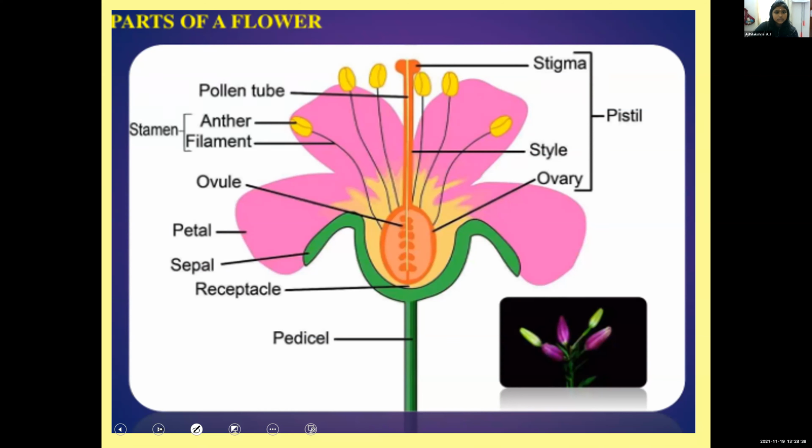Should we draw this? No need, maybe labeling is enough. I think in your textbook you can mark that. Page number 61. You have figure 7.22 and 7.24. These two figures you can tick, because they are for labeling the parts of the plant. So actually this is the inside part of the plant.